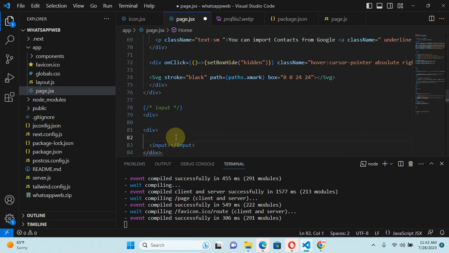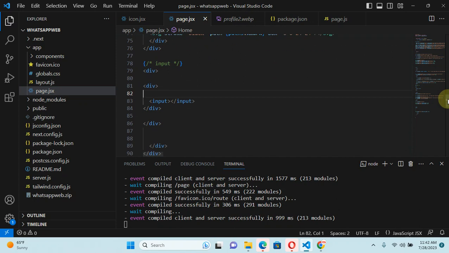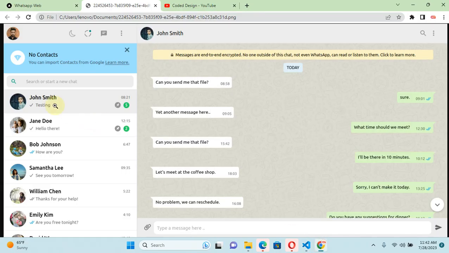Okay, sorry, we can have that input. Okay, and that is it. As you can see, the input has got an icon there. So now what we want to do, I think we do have a search